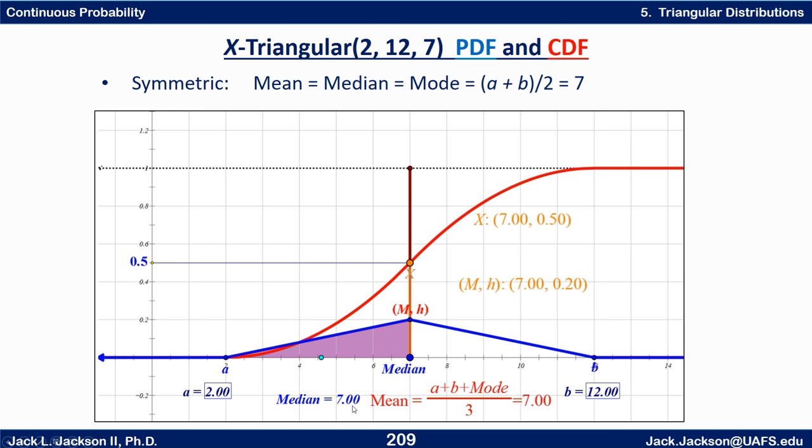The median is also 7, because you can see half of the probability to the left. I have that half shaded, and I have the y value of a half on the CDF curve. You can see that. And the mode is also in the same place, because it is definitely the last number, and that's the highest point on there. So the mean, median, and the mode are the same on this one,